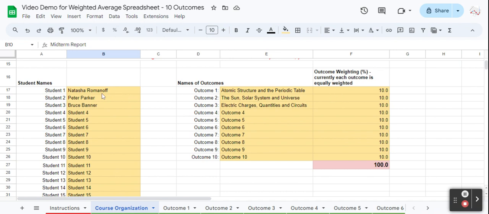To the left, we're going to enter our class list. Now we have to be a little bit careful here because we're using a spreadsheet to try and mimic a markbook program, and it has some limitations. The biggest limitation is that we can't add or subtract names once we've started entering marks for students. So I would recommend that you don't enter any names here until you're at least a couple of weeks into